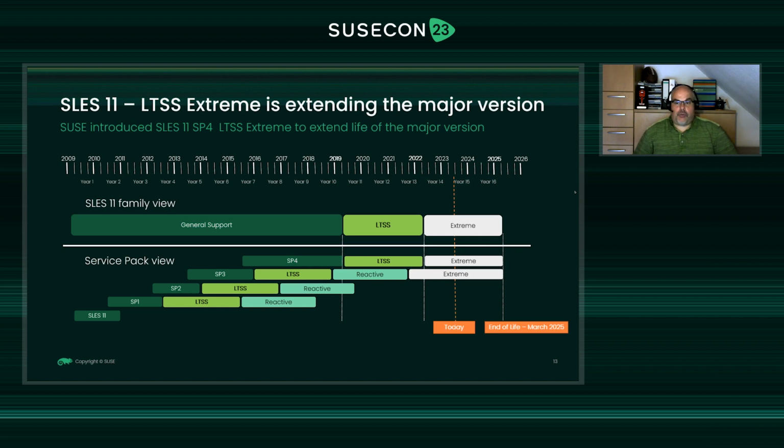Secondly, in response to further customer feedback, we introduced LTSS Extreme in 2019. This was coinciding with the transition of SLES 11 SP4, the last service pack of the SLES 11 major version, into the